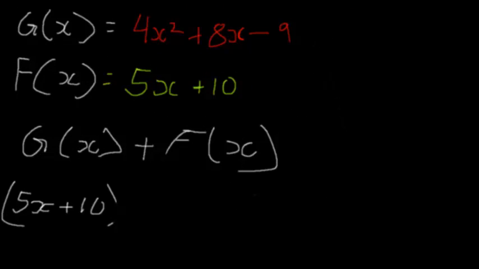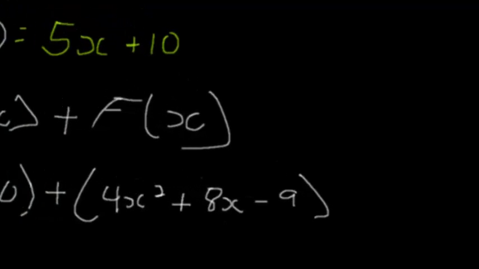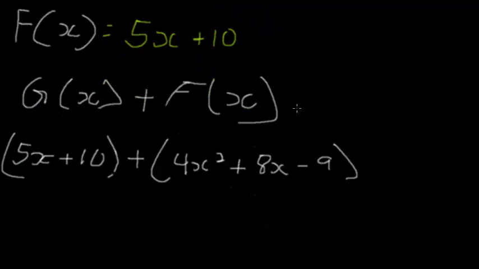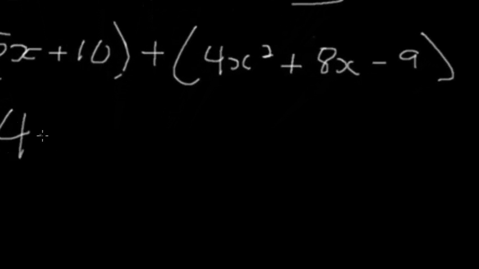And then we have here plus 4x squared plus 8x minus 9 in brackets. So then we can just add this, and we scroll down to become 4x squared